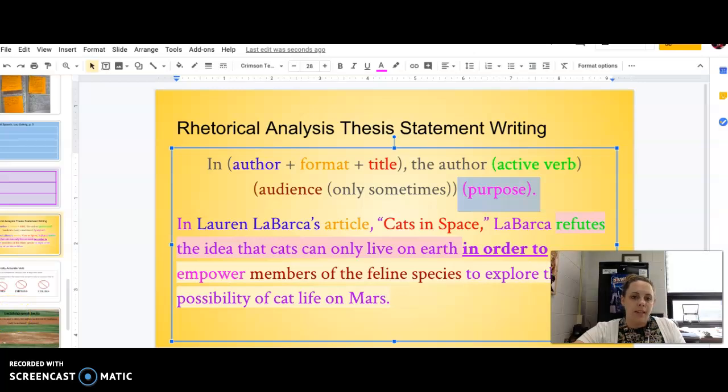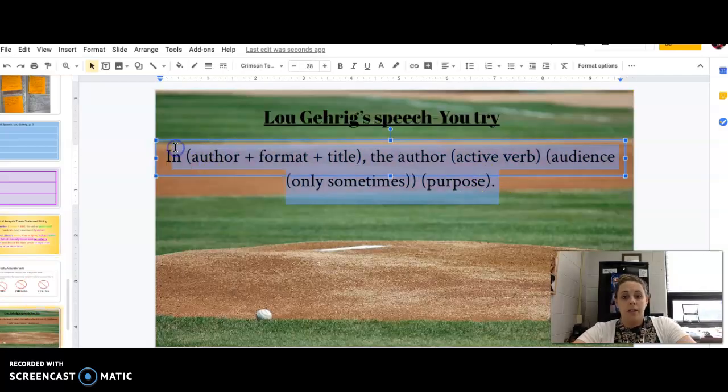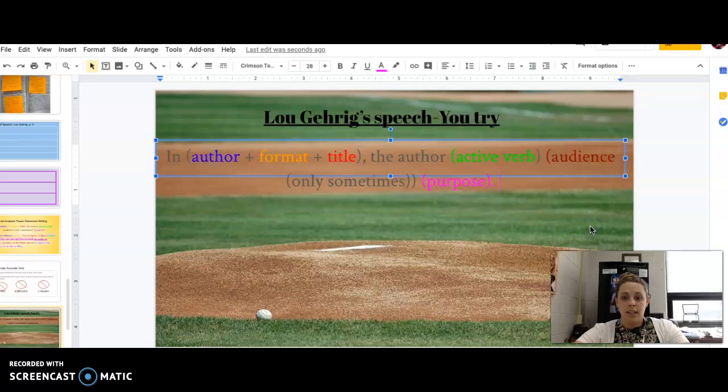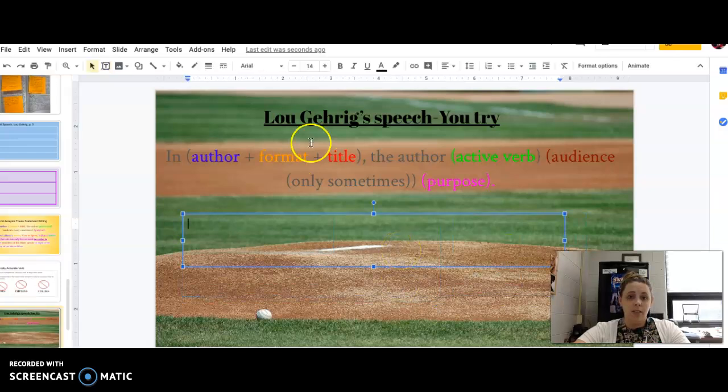So what that means is, when we go down here to Lou Gehrig, right? I'm going to actually put the colorful version on here so that I can mimic it for you. I'm not going to do all this because I want to see what you have to say, but when we think about this, if we look at the first part, as soon as my typing catches up with me,